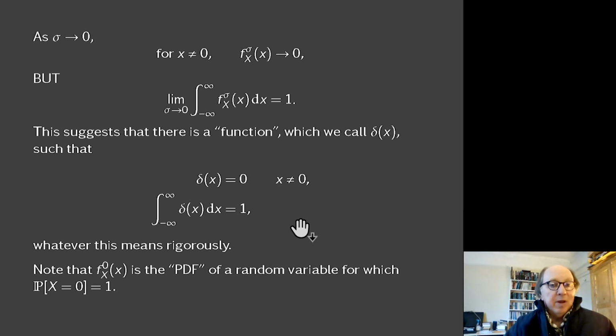And if we think about the probability interpretation, well, what's the PDF of a random variable which has 0 standard deviation? It's not random at all, is it? It's equal to 0 with probability 1, and so all of its probability mass is concentrated in the single point x equals 0.